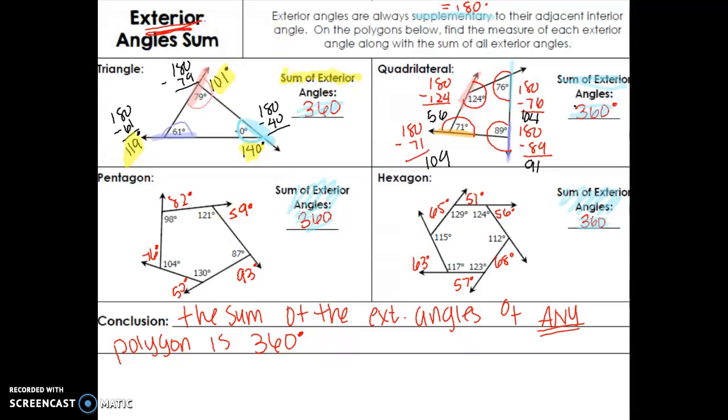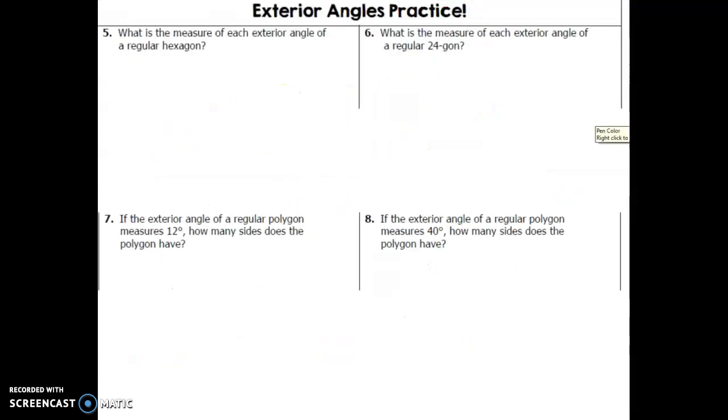All right, let's move on and practice a couple of these. It says, what is the measure of each exterior angle? So this is each exterior angle, aka just each of them individually. Each exterior angle of a regular hexagon. So hexagon, if we look at our notes, that does mean that our n will be 6 because a hexagon does have 6 sides. So because we are looking for these individually, our equation would be s divided by n,